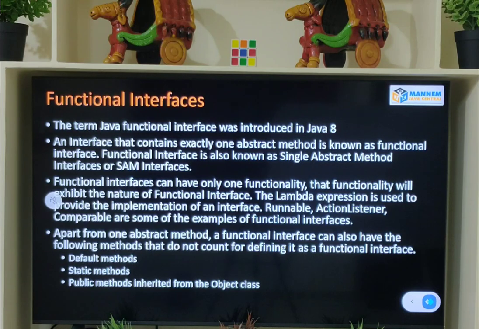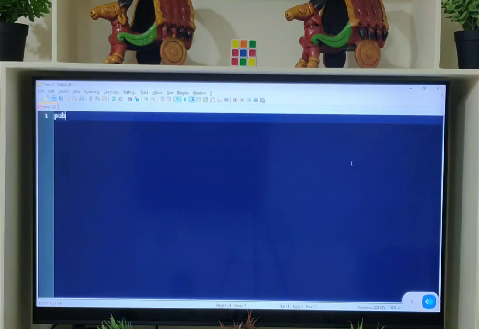See, functional interfaces. The term Java functional interface was introduced in Java 8. Before discussing functional interfaces, let's see the normal and regular interface. Let's revise the rules for creating normal interfaces and implementing them. Interface LoanSpecification.